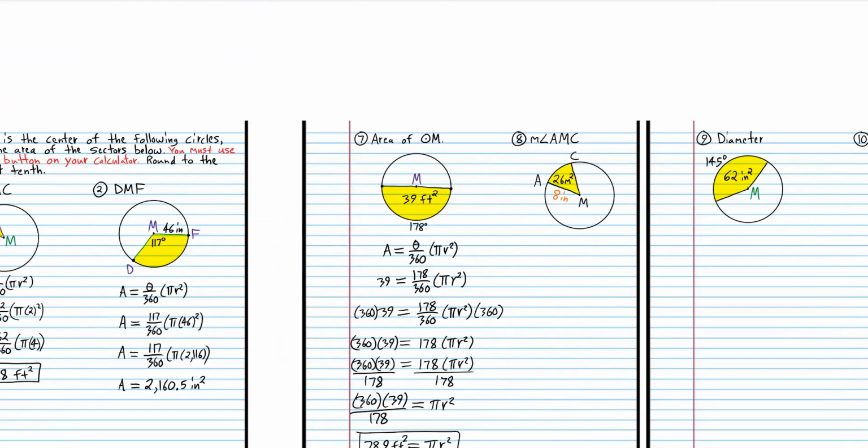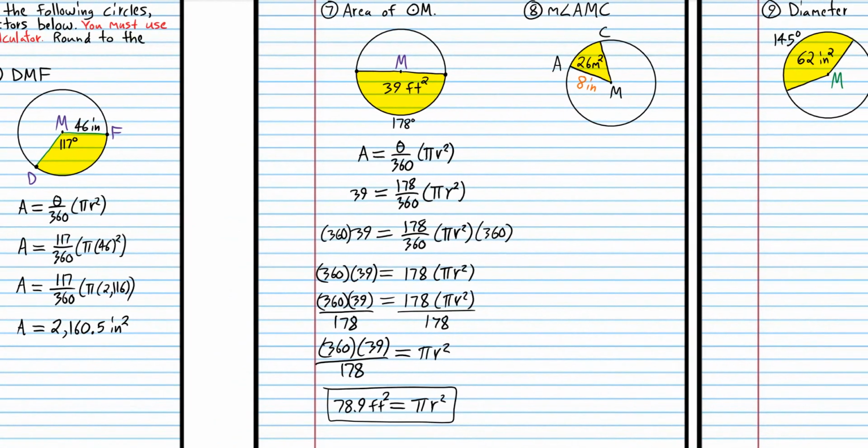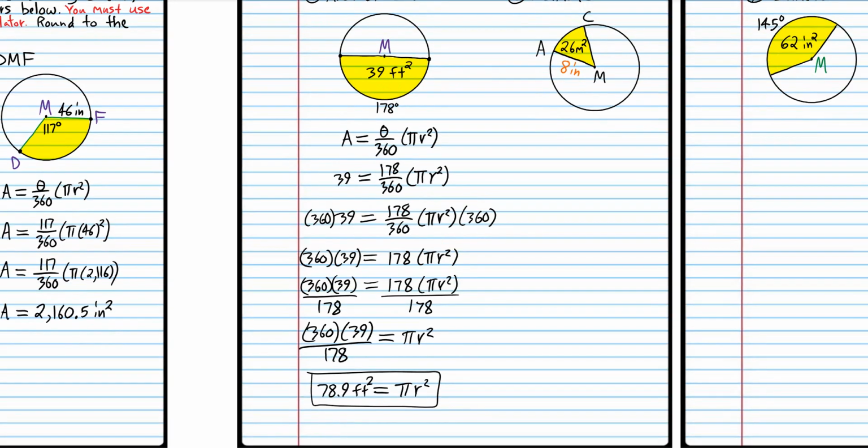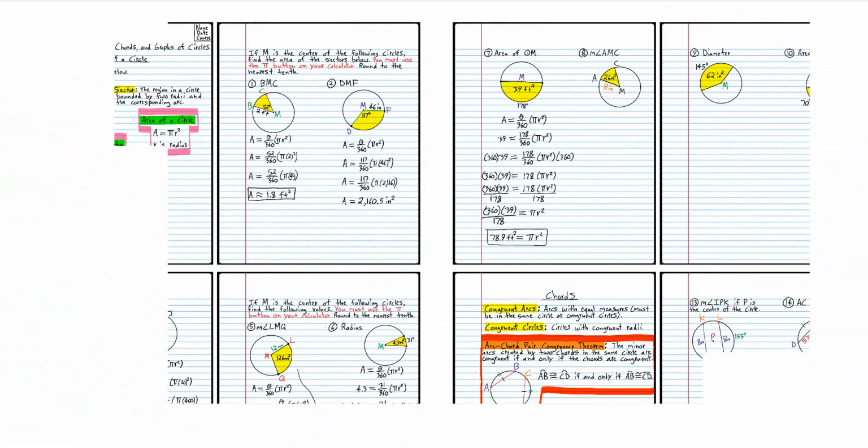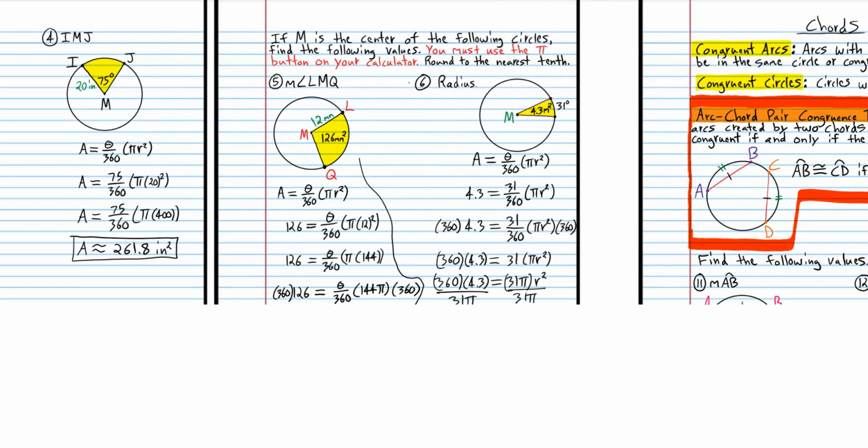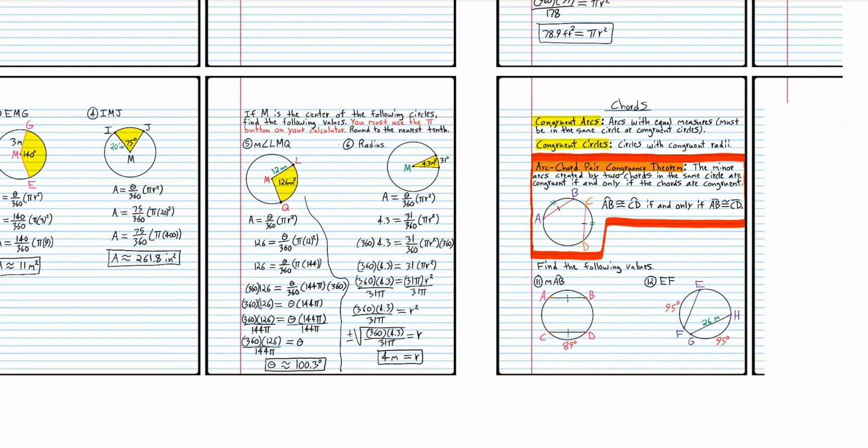So let's see if that makes sense. The area of about half the circle is 39 square feet. So about double of that should be the area of the whole circle, which seems right, 78.9. All right, so again, you can get screenshots of the first 3 problems we did there and the screenshot of